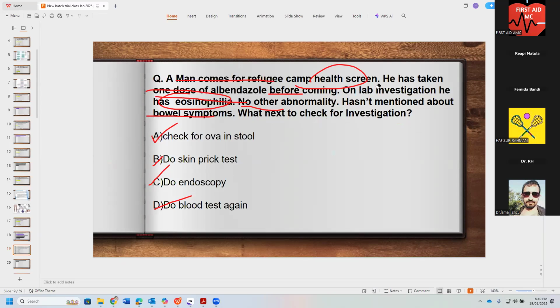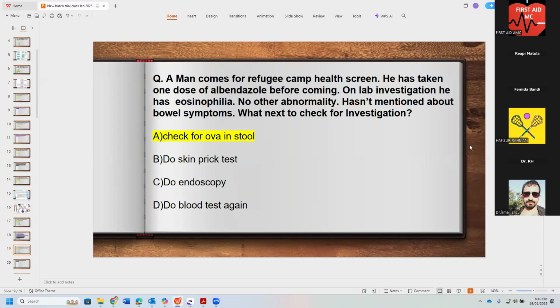Endoscopy is not required at this point. Can anyone tell me what the indications of endoscopy are? Upper GI bleed, persistent GERD symptoms not responding to PPI therapy, dysphagia, patients having anemia at 40 and above, gastric outlet obstructive symptoms, plus prodromal symptoms for cancer as well. Okay, so we do endoscopy in those.